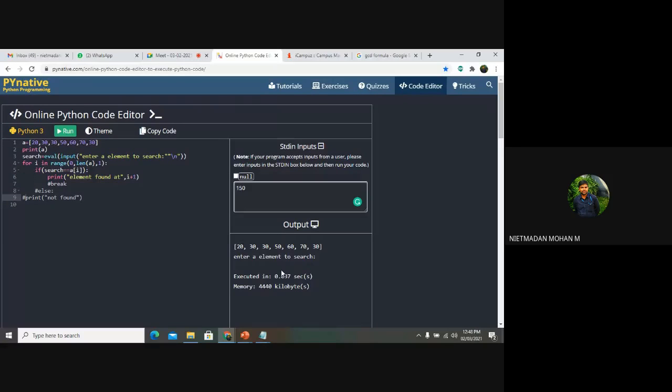So no list has been mentioned here. You can see the search 150 is compared with 20, 30, 30. All the conditions are false in the if statement. There is no other route for the remaining lines of code, because if the condition is true, this line will be executed. If the condition is false, we have not given any lines of code in this program, right?